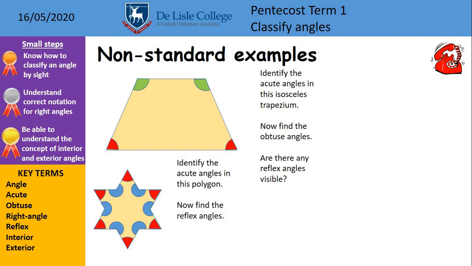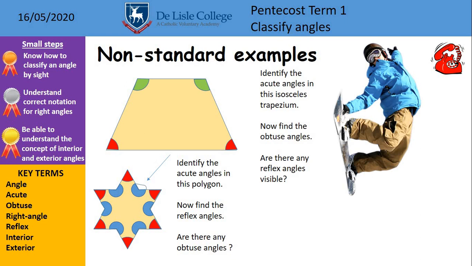Reflex angles, we've got those in there, the reflex being more than 180. Could you find any obtuse angles? That's awful drawing from me, but hopefully you can see where the arrows come in. That would be an obtuse angle. Okay, that would be an obtuse. The reflex is greater than 180. That angle there, to make an obtuse angle, there would be greater than 90 and less than 180 degrees. Okay, and last but not least,